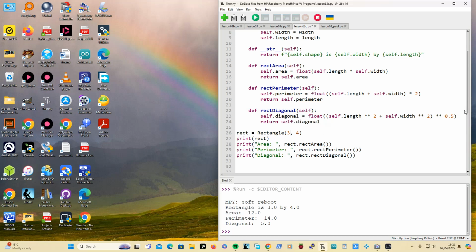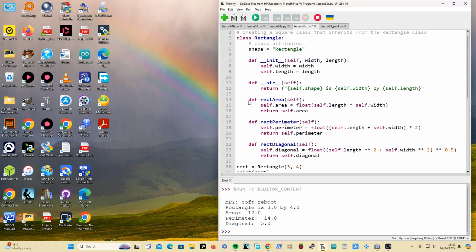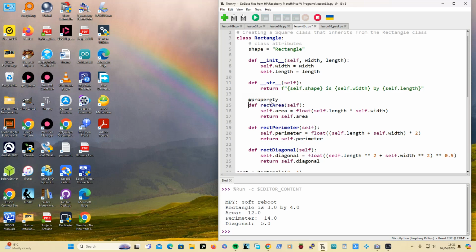First of all, on here, you add a line to this, you go at property. Now what that does is it returns it as a property rather than a function or method. And we'll see how that works in a minute. And as it's actually returning the value,